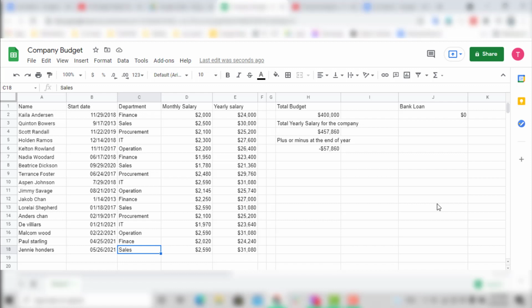In this tutorial I'm going to show you how you can make a company budget. To show this I have created this sheet already, where you can see a company has 18 employees. These two columns are actually irrelevant for this tutorial. These two are showing the start date and which department they joined in. But we will be focusing here on the monthly salary, total budget, yearly salary, and to see at the end